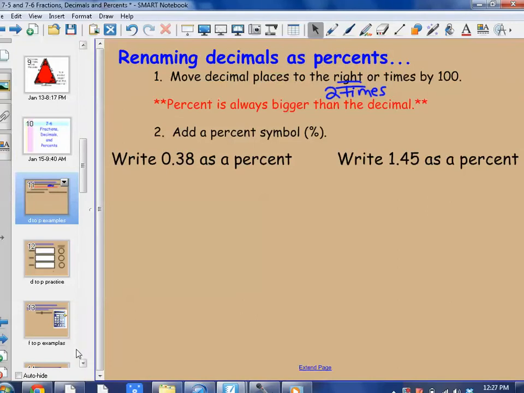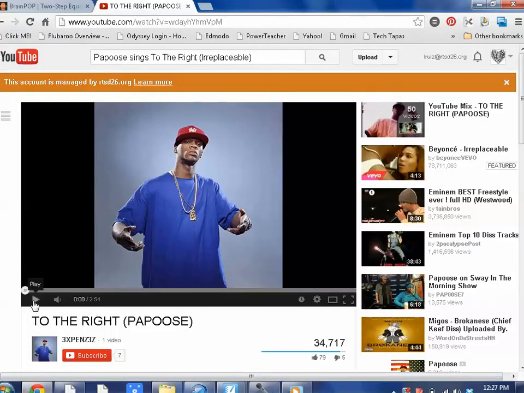Now, I don't have Beyonce for us for today, but real quick, we're going to listen to a little snippet for a remix for her song that says, to the right,